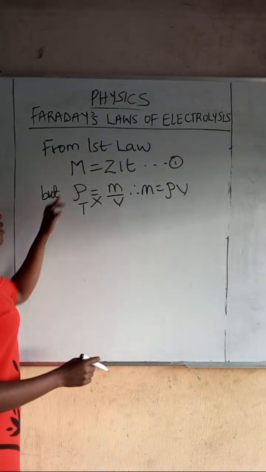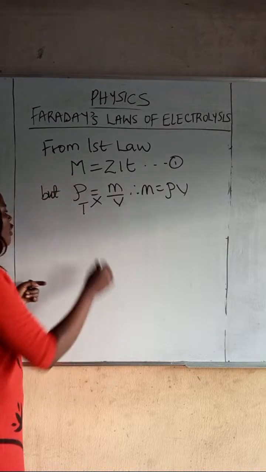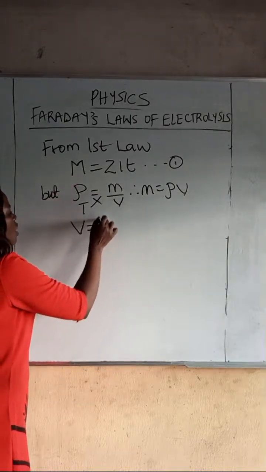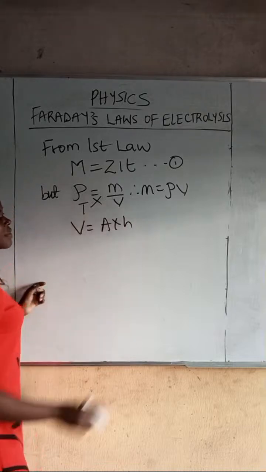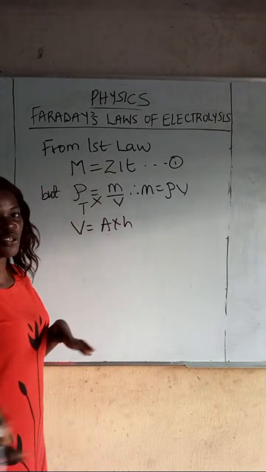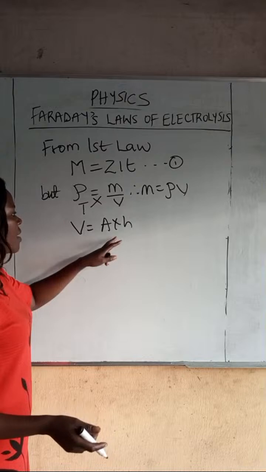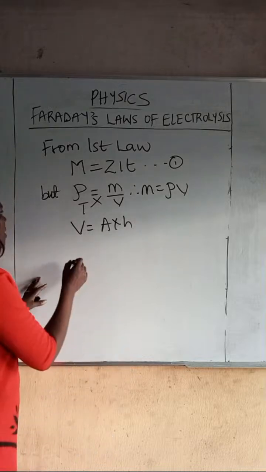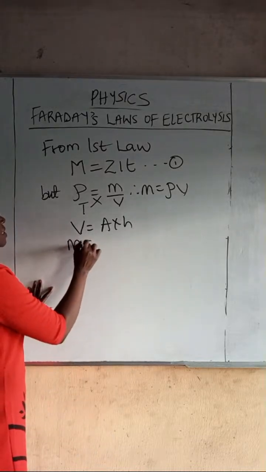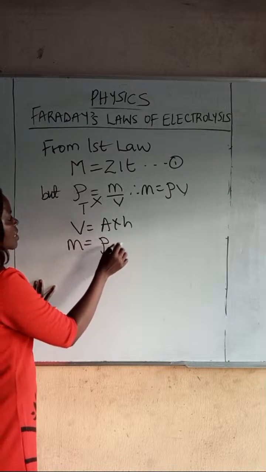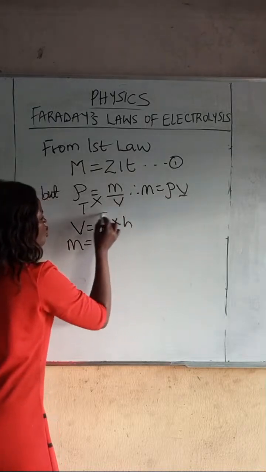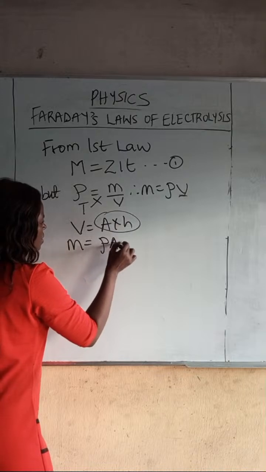Now, if I replace it here, we still remember that volume is equal to area times thickness. I can use it as height, I can use D. Okay? Now, if I place it here, therefore, mass is equal to density, and I'm replacing my volume with this: area times